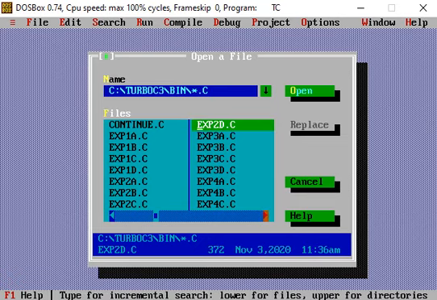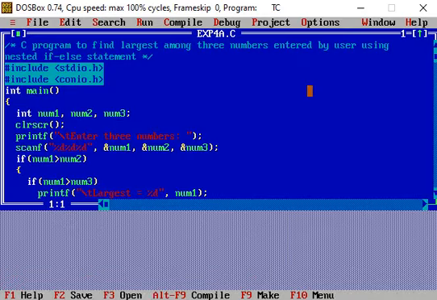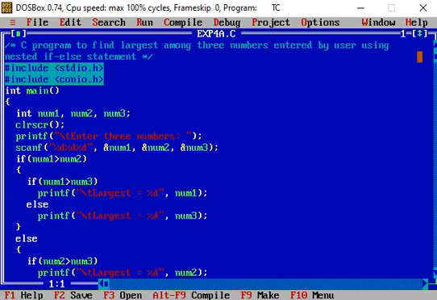This saved file is experiment number 4A, and then click the open tab. So file gets open. Again to see the complete window, click the arrow key on the top right corner. So complete window is seen here.